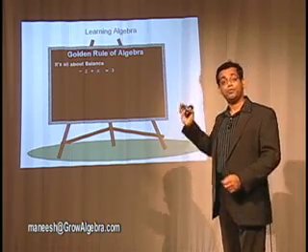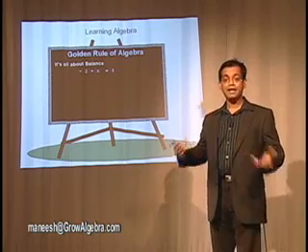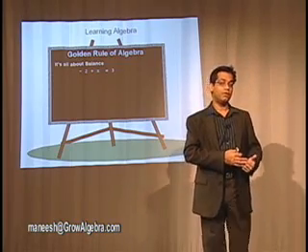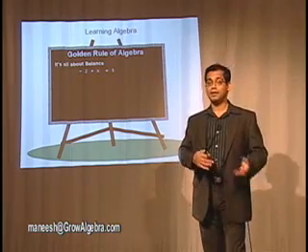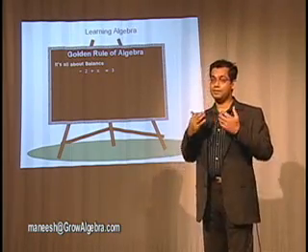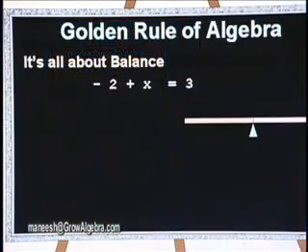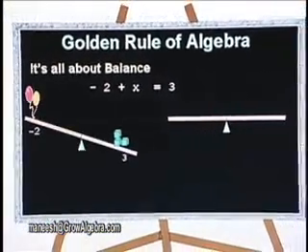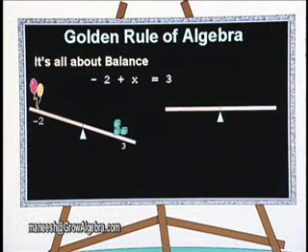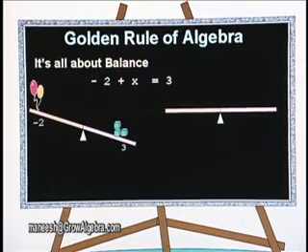-2 plus x equals 3 is actually the same equation as -2 plus n equals 3. In one case we are solving for x, in the other case we are solving for n. Now n equals 3 and x equals 3 will actually be the same thing. So we have our seesaw here, and the way to show you this expression -2 plus x equals 3, we are